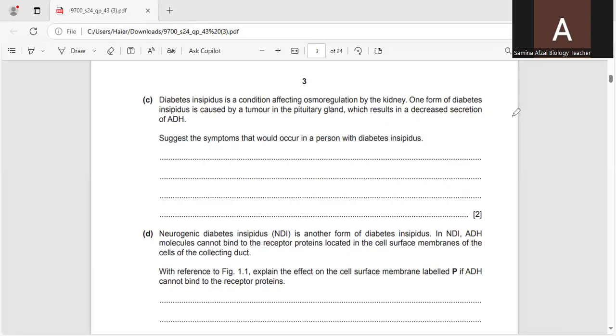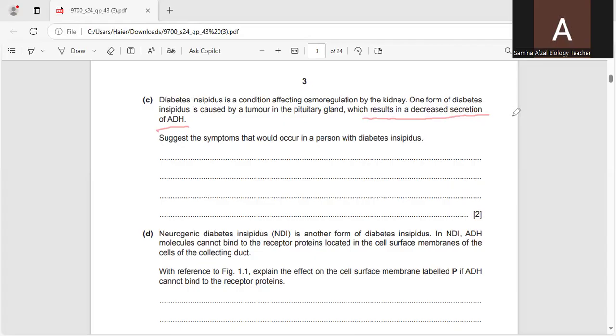So there are so many different conditions which are produced as a result of this. So what happens? That is the decreased secretion of ADH. Already told you that ADH is a hormone which is produced as a result of dehydration or low water potential in the blood. So when it is decreased due to this disease which is called diabetes insipidus, so what will happen? The more of the water will not be